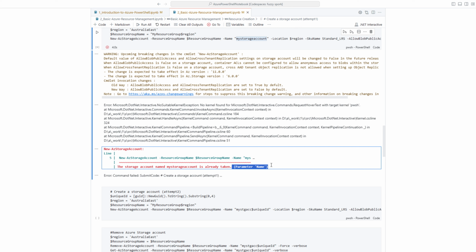So that means that you can use any computer over the internet to connect to mystorageaccount.blob.storage.windows.net, but that's unique. Like multiple people can't have mystorageaccount.blob. etc. So storage accounts are one of those services that it needs to be unique across the entire world,